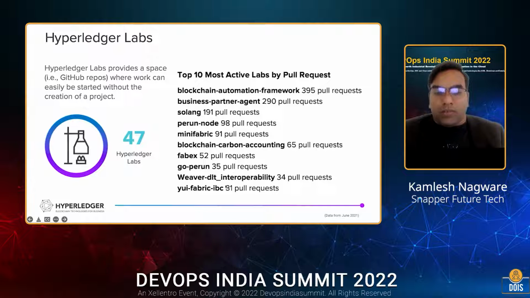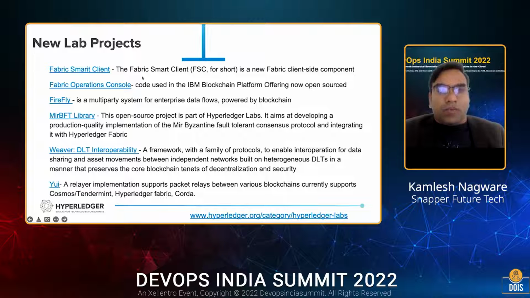Interoperability is the biggest challenge and a bigger requirement by the industry. So there are a number of initiatives in the community, like Weaver, like Cactus, like Fabric, IBC, inter-blockchain communication. All these are different initiatives to bring the blockchain to the next level, to become interoperable like the internet is today. And because I mentioned there are lots of advancements and new initiatives happening.